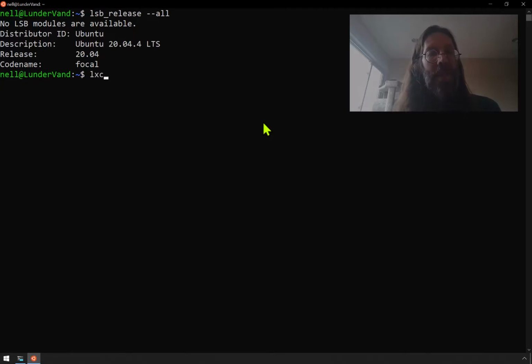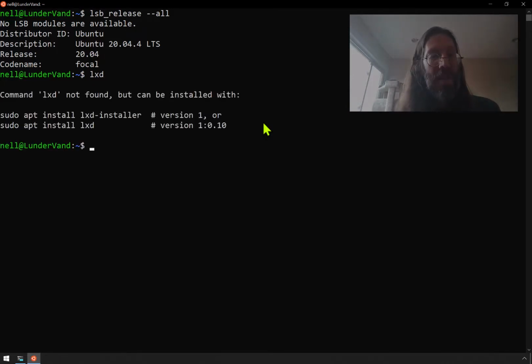Now LXD is installed by default because Canonical, the company that makes Ubuntu, is trying to set expectations. So LXD is there. Oh, look at that command. Okay, so they're telling you how to install it. I was incorrect about it being pre-installed. It can be installed with LXD installer for version 1 or sudo apt install LXD for version